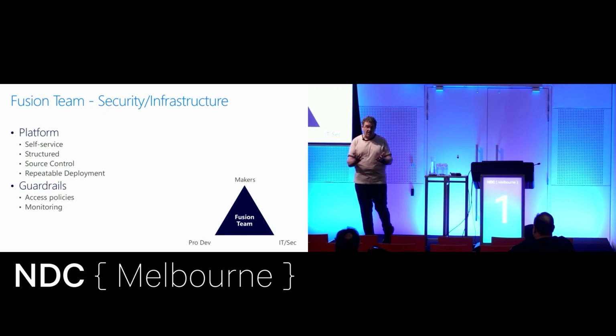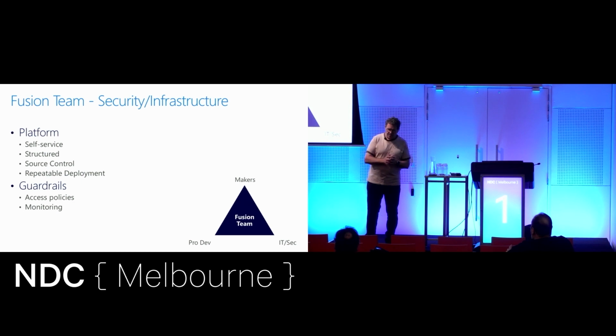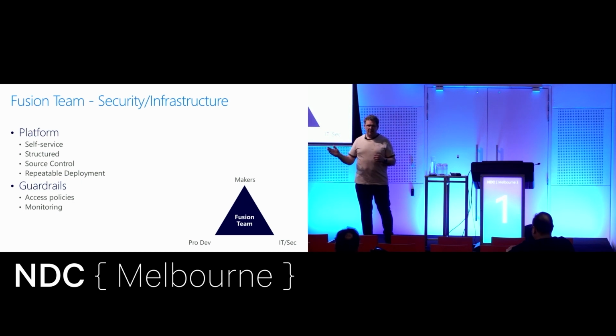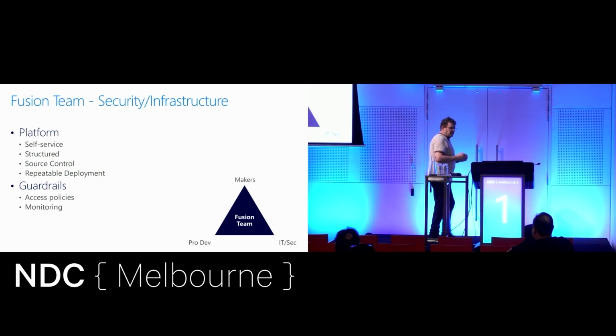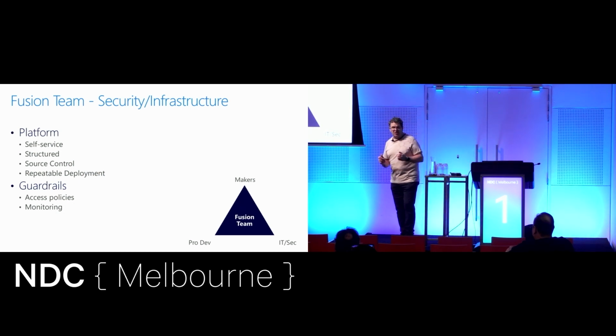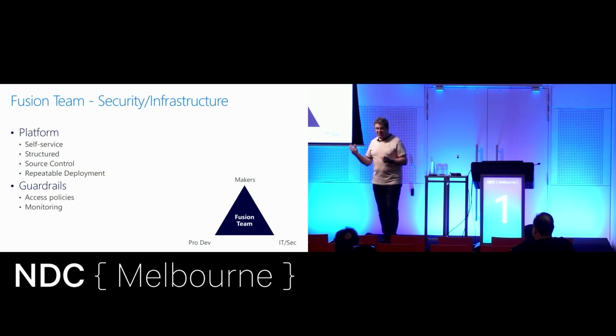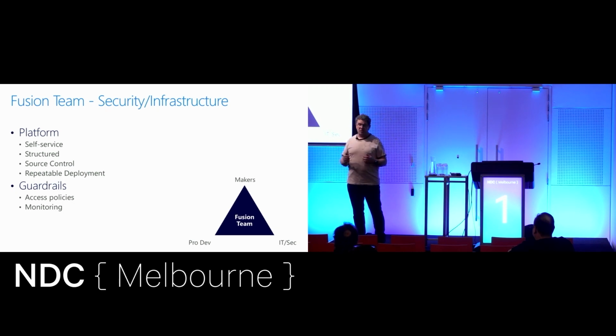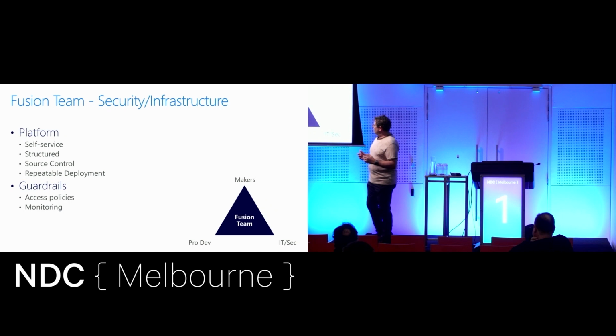So you need some sort of guide rails in place so that Jason from accounting doesn't accidentally automatically send the wrong emails through some sort of automation process to the wrong people. So you need some sort of guidance in place. You need to have access policies. You need to monitor what's going on. But you also need, as an infrastructure IT department, to provide things where you're not the bottleneck. You need to have tools in place where your makers can self-service, where they can decide that they want to experiment, that they've got a place where they can go and, without having to go through a whole lot of bureaucracy, spin up a new instance of whatever it is they want to do and make it available and trial it. So that's really important.